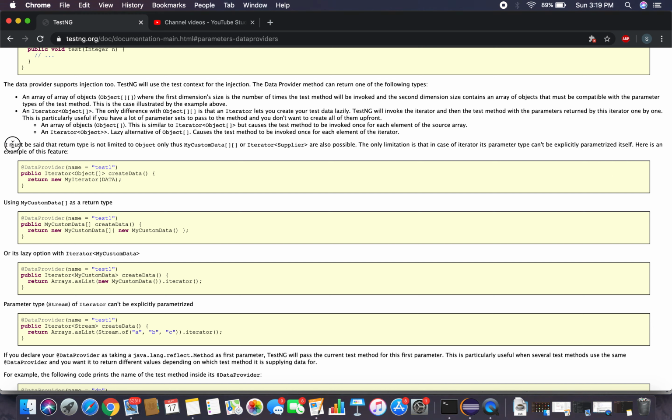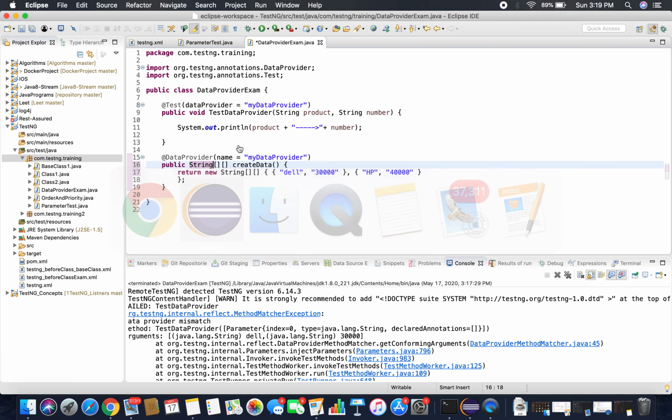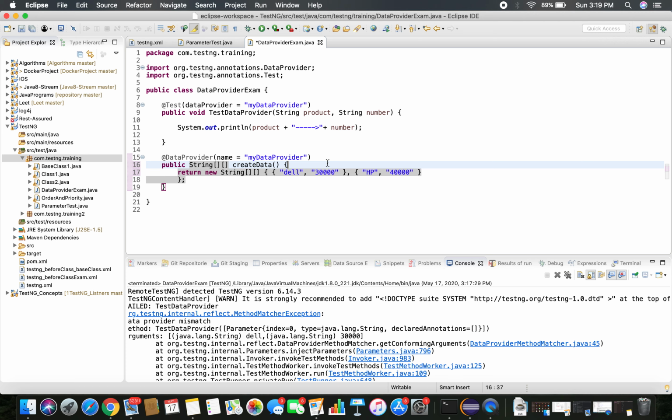Okay, it says that the return type is not limited to object. So you can have your own custom data type also. It can be an object, or a string, or your own custom data type. Please remember, there is no limitation that you need to maintain an object for a data provider always.